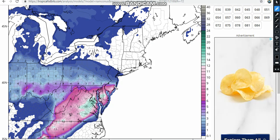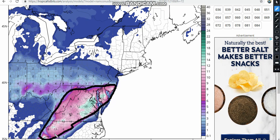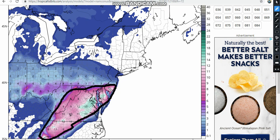But the NAM 12KM earlier was showing about 13 inches of snow for the whole state of Delaware and southern Jersey and Maryland and Virginia. But it's a little bit on the lighter side now, but still showing a lot of snow. 6 inches plus from Millville, Cape May, all the way down through the Smoky Mountains and the high country of North Carolina. Around Pilot Mountain, North Carolina, included in that, Danville, Roanoke, Virginia, the nation's capital, sitting right there, and